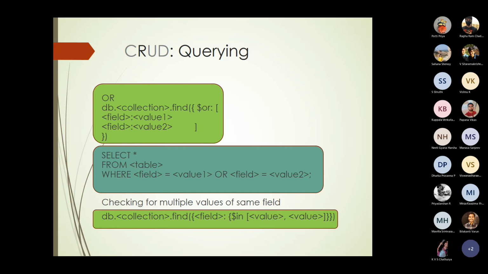So please remember these differences in terms of OR when you are using it. When two separate field value pairs you are combining, then there is no comma. In square brackets, you are putting them directly. On the other hand, when you are checking for a single field with multiple values, whether any one of the values is matching or not, you are checking with values listed with commas.